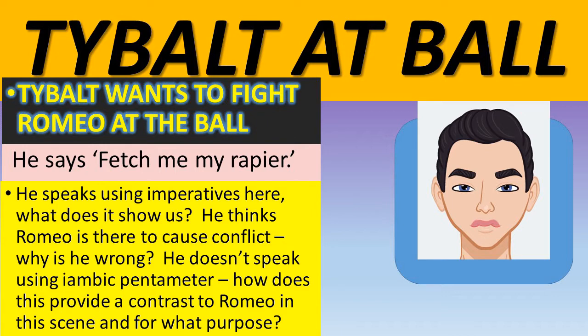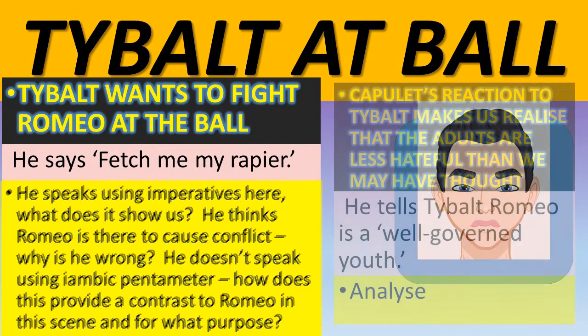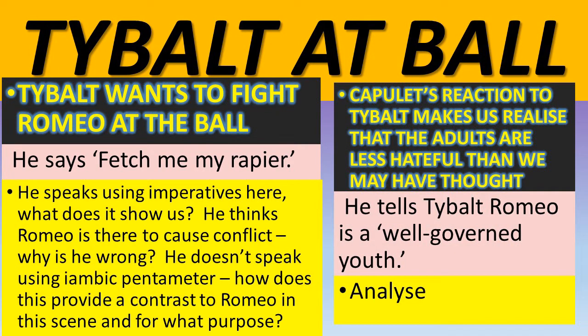So if you can remember the quote from Romeo the first time he sees Juliet, he says, "Oh, she doth teach the torches to burn bright." That language is poetic, and he's speaking using iambic pentameter. How is Shakespeare drawing a contrast between Tybalt and Romeo, and for what reason? If you get that done in the 5 minutes that I'm going to give you, you can take this further,